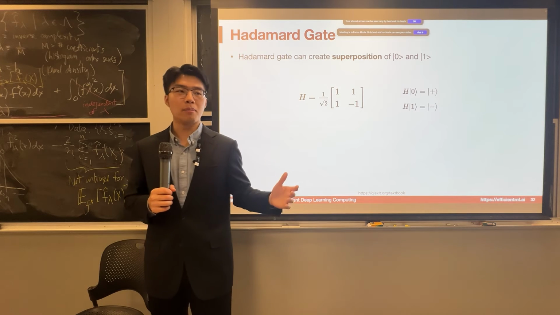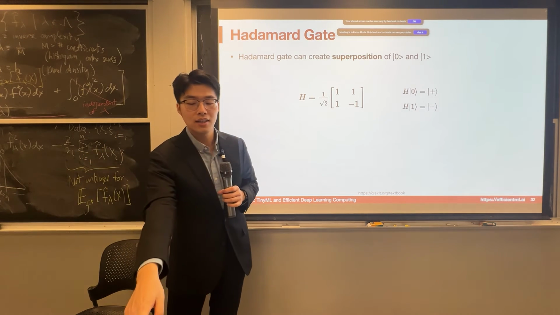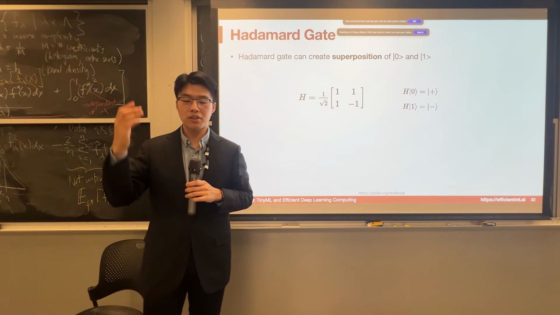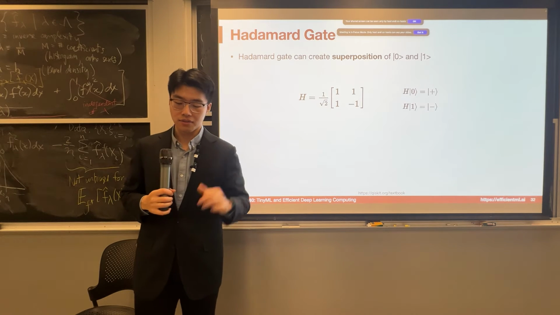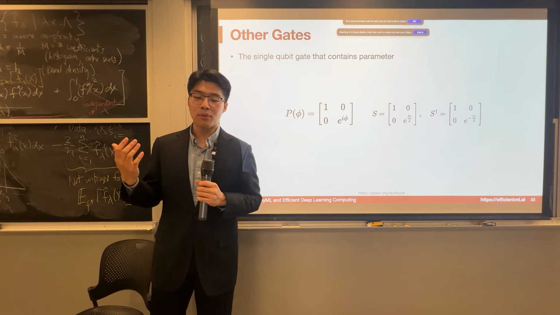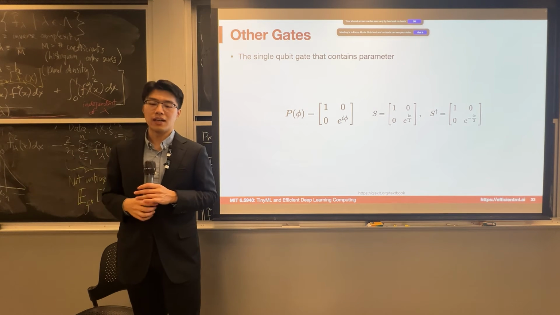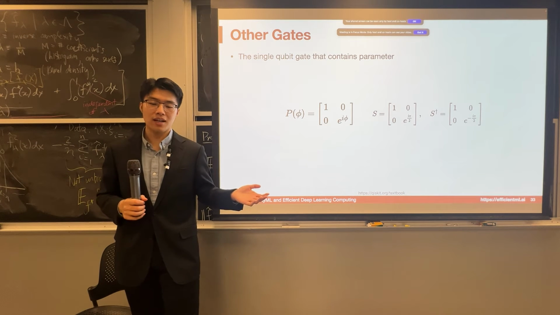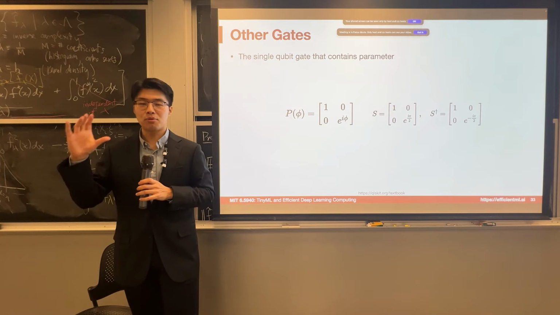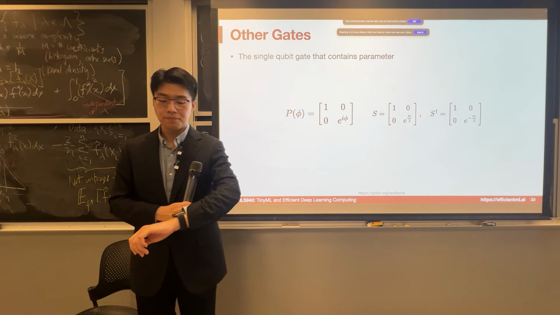And if we apply this H gate to 1, we can obtain the minus state, right? So that means we can use this to create the superposition of 1 and 0. There are some other gates, as I said, that we may use as trainable parameters if we want to do some further tasks, like some quantum machine learning task or some quantum chemistry task. We rely on those parameterized gates to give us a large design space to do all the